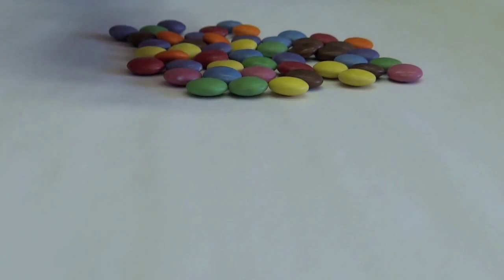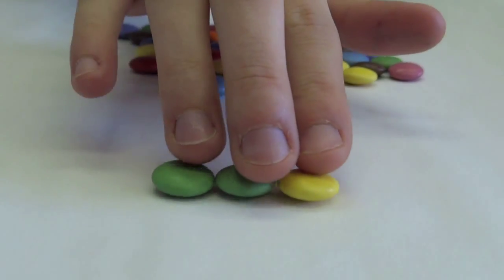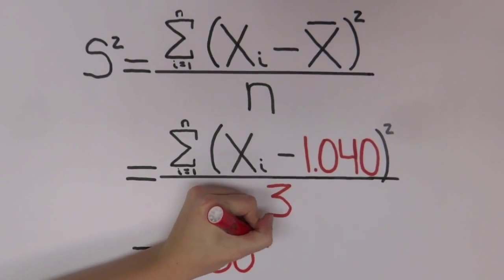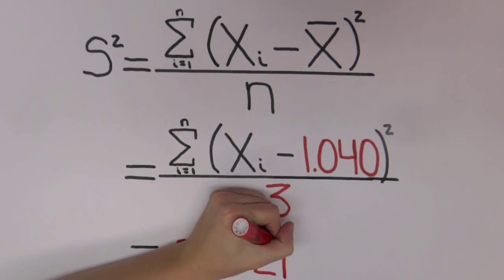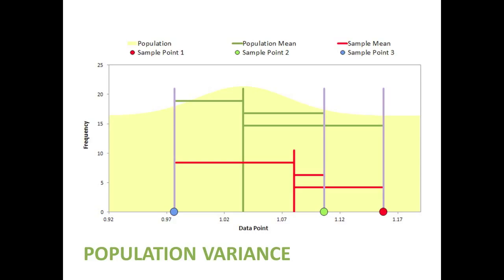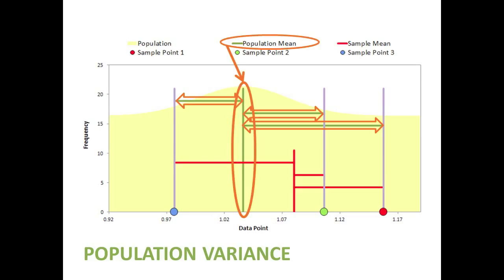We then took a sample consisting of 3 Smarties from the population. The mean of that particular sample was higher than the population mean, but its variance was less than the population variance. Here's the reason that population and sample variances differ. The population variance is the sum of the squares of the distances, shown here in green, between the data points and the population mean mu.